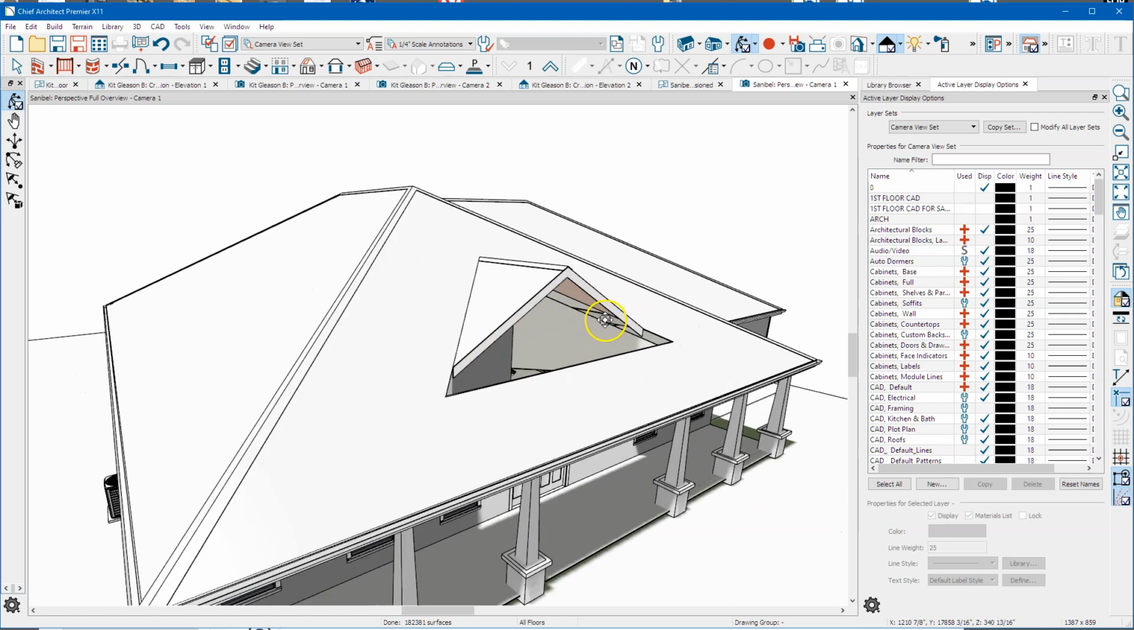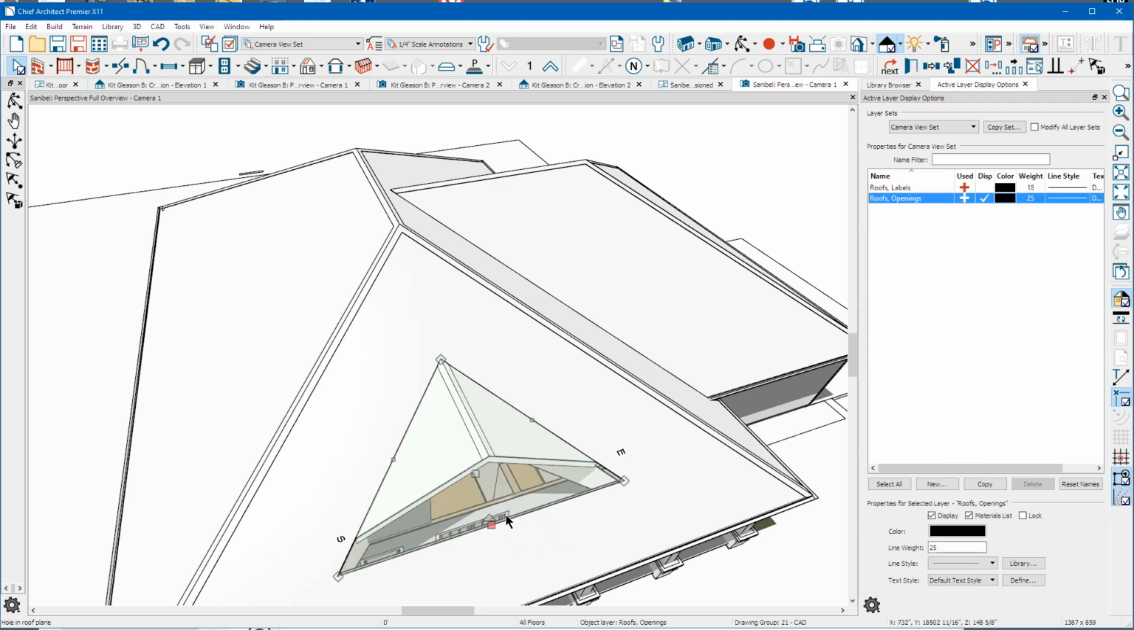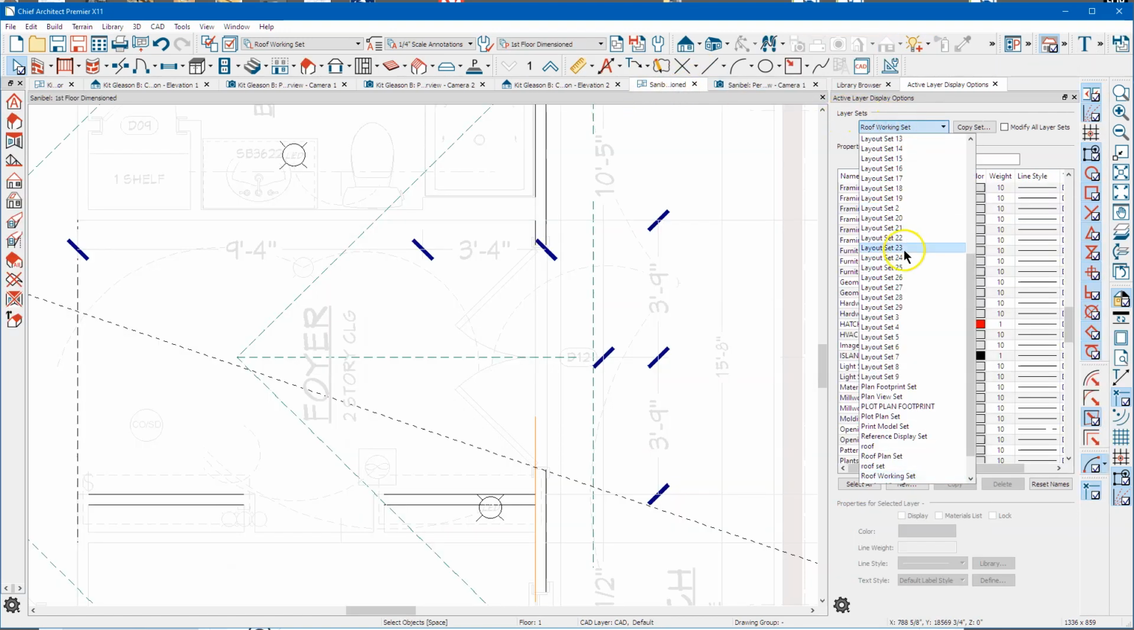So there's kind of the basics of what you're looking for, I think. See if I can select this roof hole. They're not always easy to select. I'll drag it back a little bit. And we'll come back over here. We'll switch to